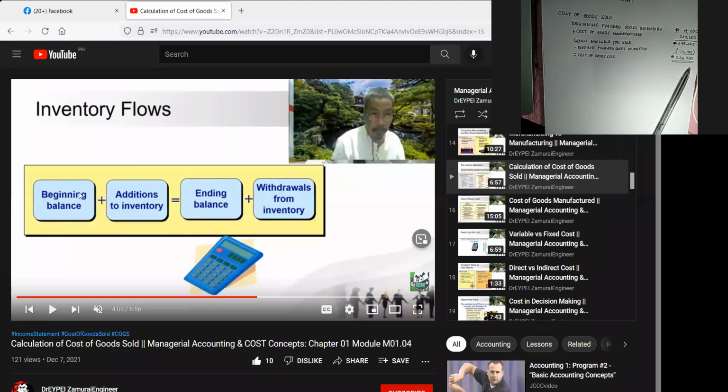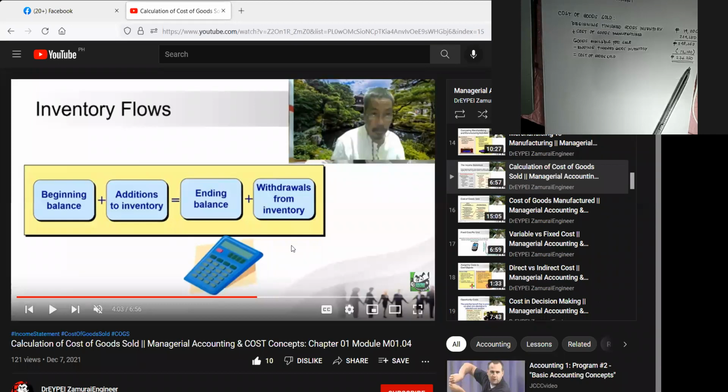For example, your beginning balance is 12,000, the total amount of products that could be sold, and you buy another carton of crackers for 3,000. So 12,000 plus 3,000 equals 15,000. Okay? As your ending balance, if you do not have any withdrawals from inventory. Okay? What do you mean by withdrawals from inventory? For example, you have to